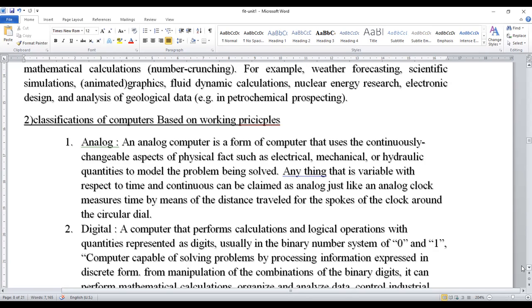So for example, changeable aspects of physical fact such as electrical, mechanical, or hydraulic quantities are used to model the problem being solved. Anything that is variable with respect to time and continuous is called an analog. So anything that is variable,